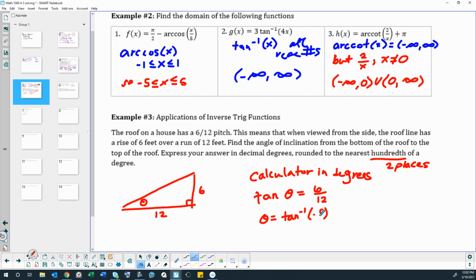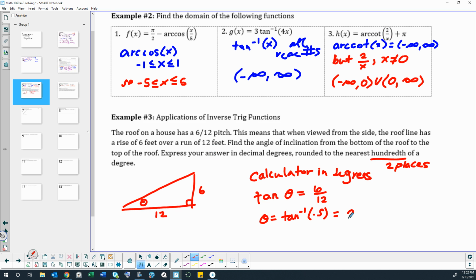right? Why do we keep doing 6/12 when it's just reducing to that ratio of 0.5? It looks like an S when it's supposed to be a phi. You could just type in the 6/12 if you don't want to confuse yourself. I just thought, why not? Okay, so inverse tangent of 0.5